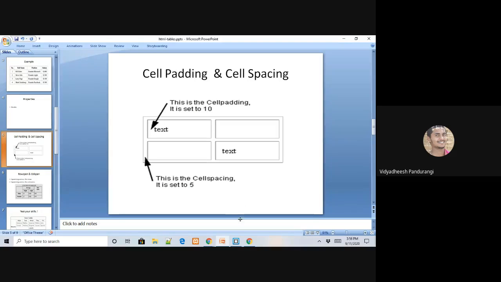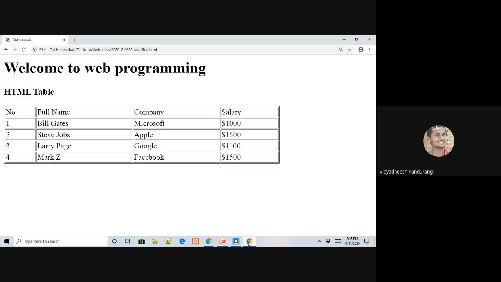So in the table that we have drawn till now, you can observe there are two things: the outer border, which contains the entire set of information along with some boxes, and those rectangular boxes, which in HTML terminology we call cells.